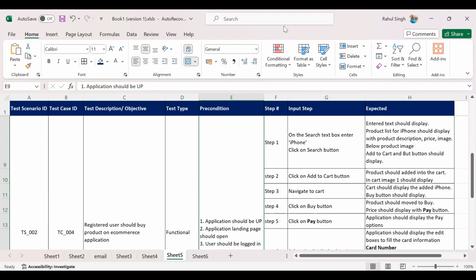Hope you understand the basic idea about the test case and test scenario,